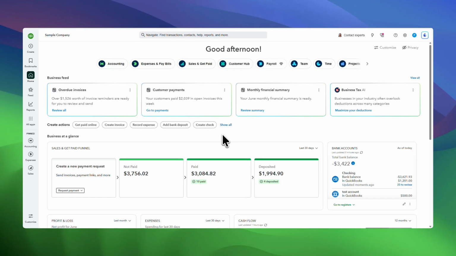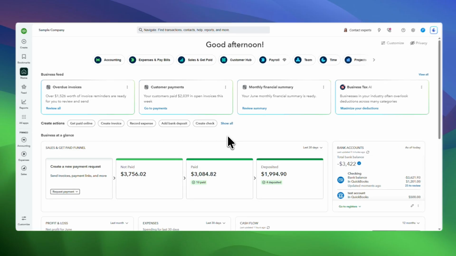In today's video, I'm going to teach you how to enter business expenses paid from a personal account in QuickBooks Online. If you've ever paid for a business purchase using your own personal funds, it's important to record that correctly in QuickBooks. Doing this helps keep your books accurate by showing both the business expense and the fact that you personally covered the cost. That way your reports stay clean and you'll have a better record for bookkeeping and reimbursements